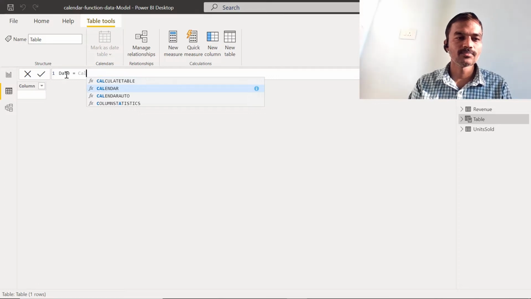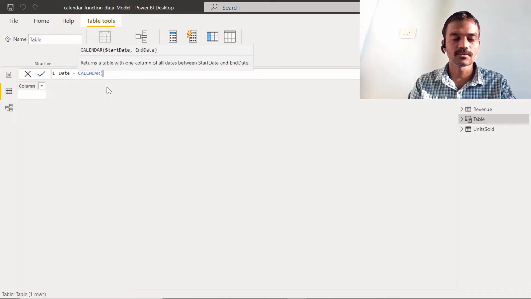As soon as you type the first few characters of the function, it shows up. That is very useful in case you don't remember a function. Then you can see it auto-suggests the calendar, and the first parameter is start date and the second is end date.